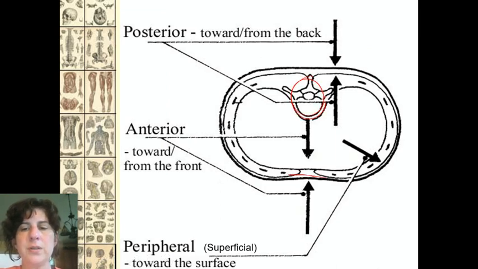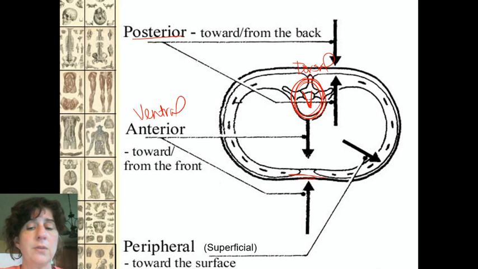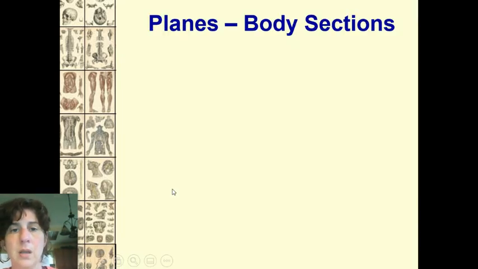So here's the vertebra. So always find a spot that gives you some sort of frame of reference. The vertebra tells you this is the dorsal side. Okay. So dorsal here, also known as posterior. That means if that's dorsal, this is ventral or anterior. So ventral is another term for the anterior as far as belly side there. And then peripheral just means towards that surface. So the other name is superficial.